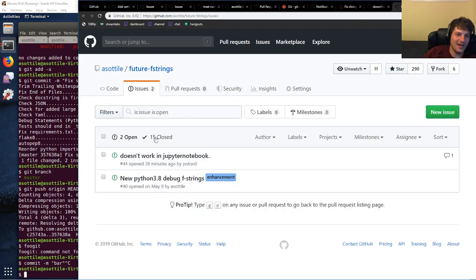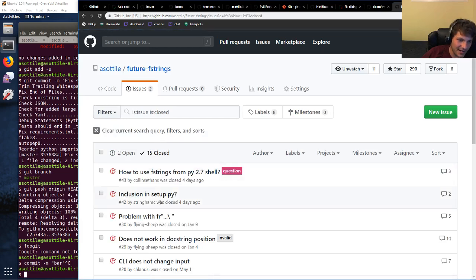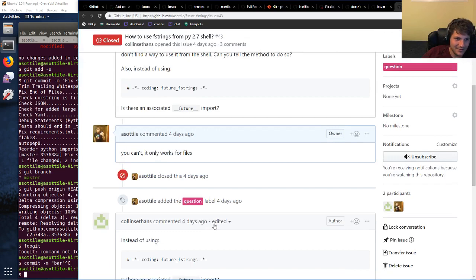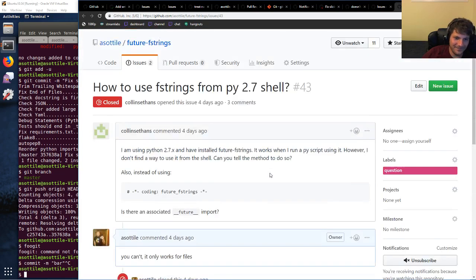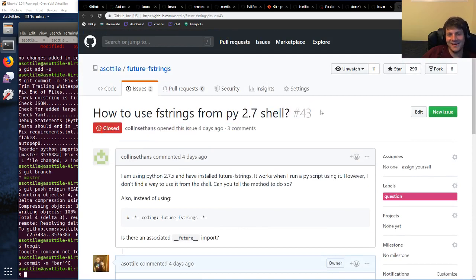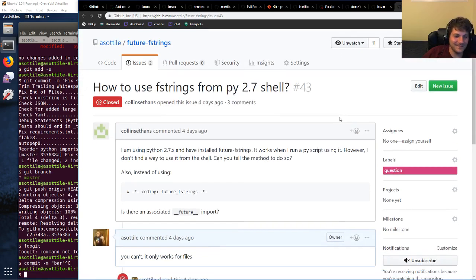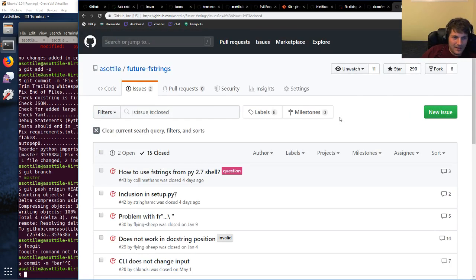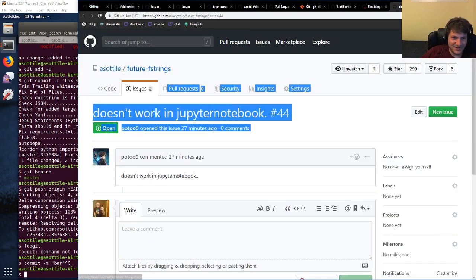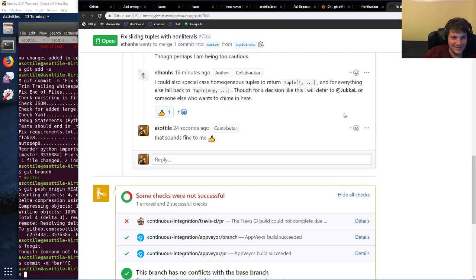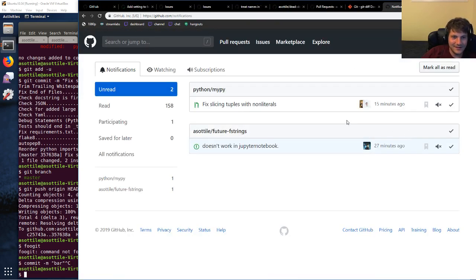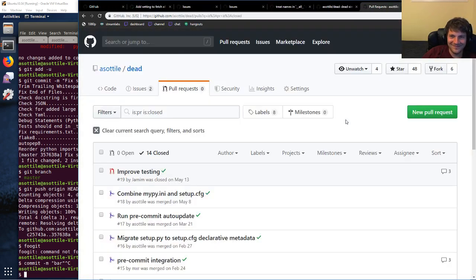But also, someone asked this exact same thing the other day. How to use it in a shell. You can't. It only works for files. I'm probably going to end up closing it as a dupe with this. Just use Python 3, my dude. You're already using Jupyter. Anyway. Grumble. Getting tilted about